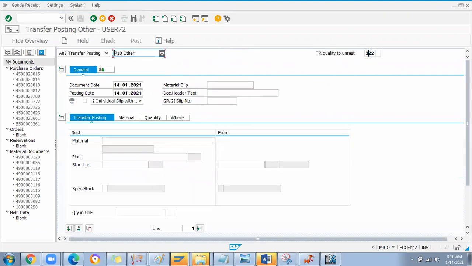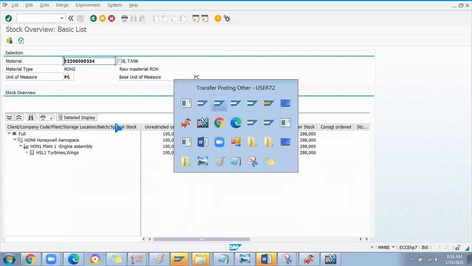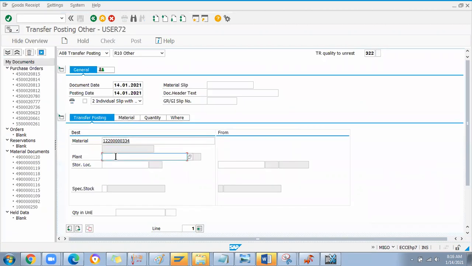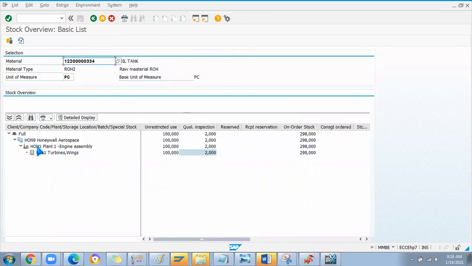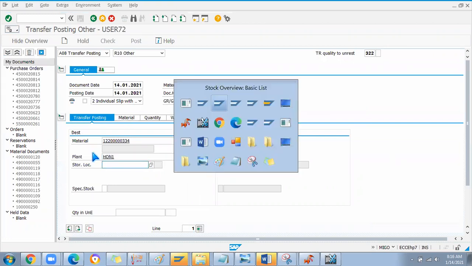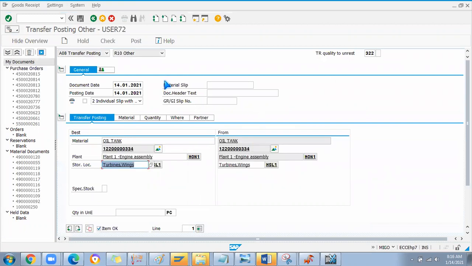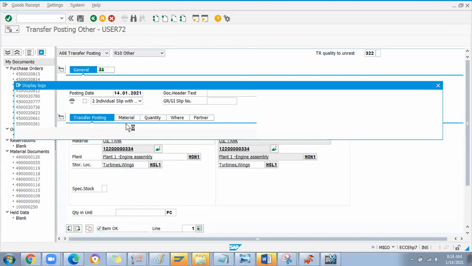Then 322 is the movement type for moving the stock, and then I'll copy the material number and enter the plant which I'm going to refer. Plant is like HON1 and storage location HSL1, I think. Then check it.